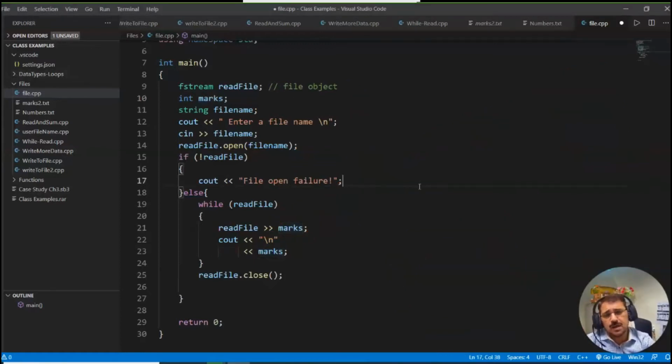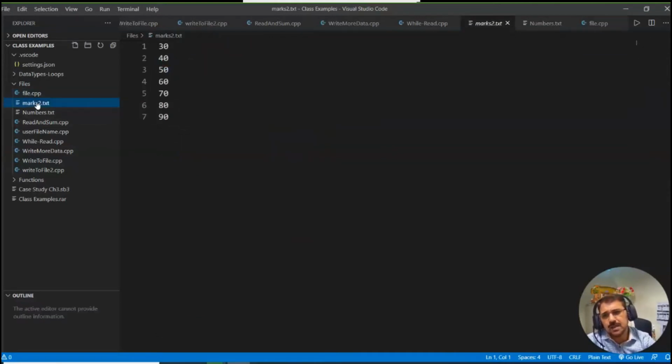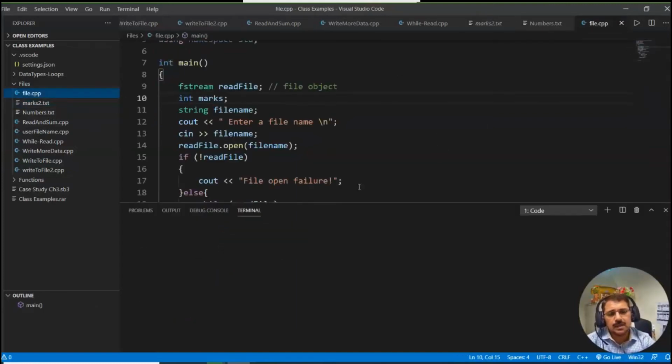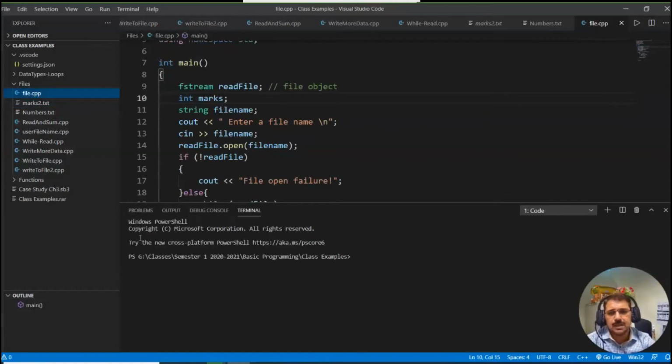Okay, so just to give you a review, using this program, we can read from the file. If you look at the file, you see it has these numbers, 30, 40. If I run this program, you will see that the data has been displayed